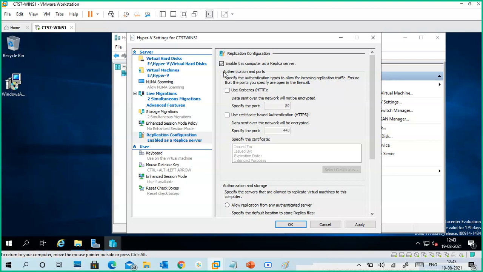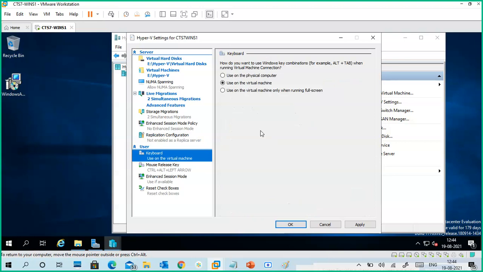Okay, we don't require this. Keyboard related configuration: use on the physical computer, use on the virtual machine, use on the virtual machine only when running full screen, like that it is there. And also the keyboard combination is given as Alt+Tab.